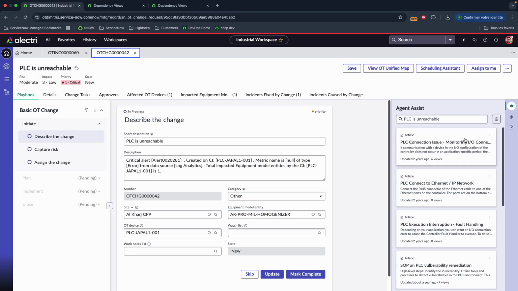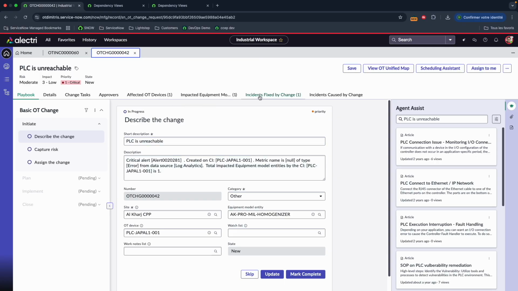When you create a change order in ServiceNow, especially for OT, we provide you a playbook approach. What is a playbook? It is a step-by-step description of all that you should put in your change order to document it. For sure, you can customize this playbook based on your need, make it longer, shorter, add some specific field or information, but the default playbook in fact contains all the information required to describe a change.